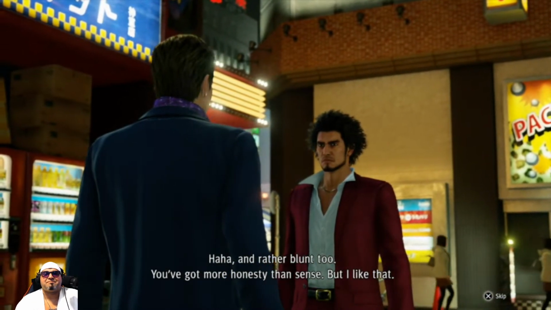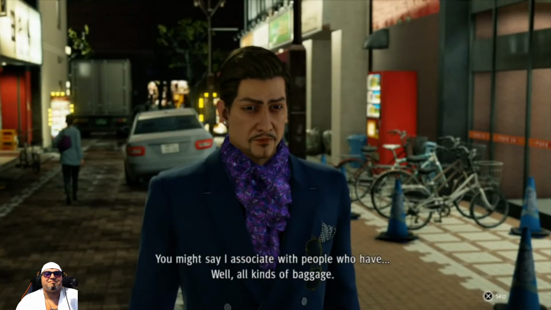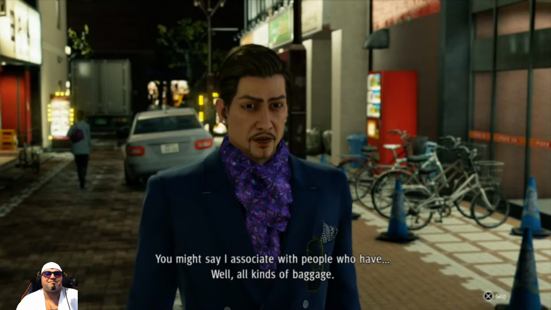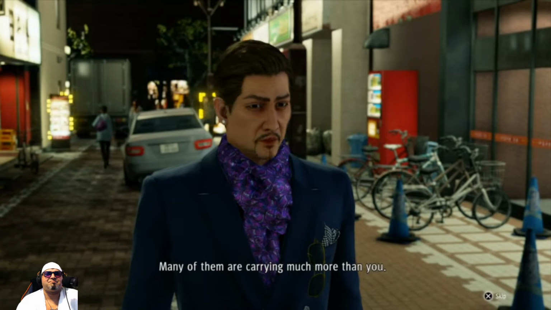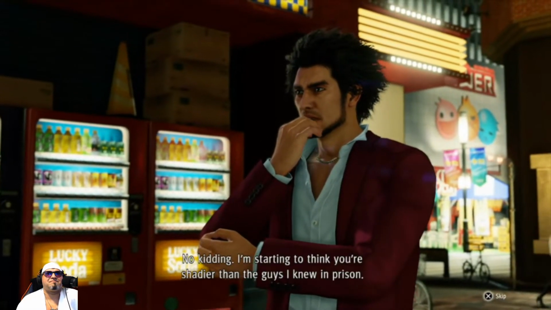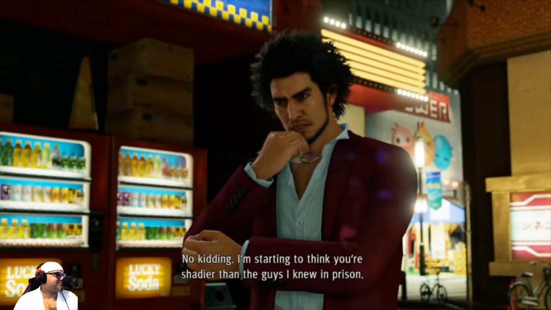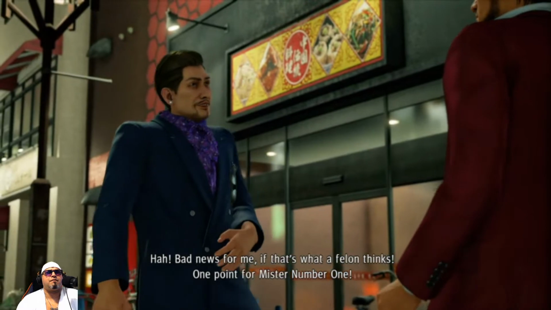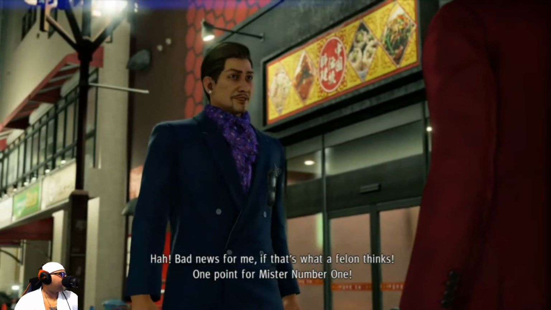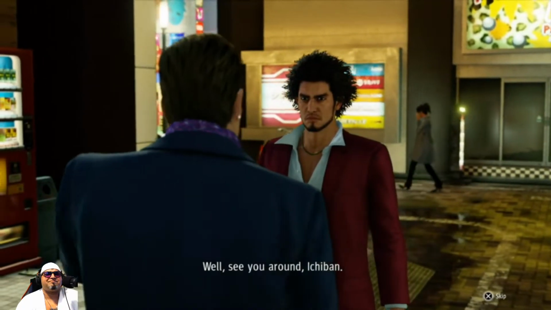But I like that. Oh, yeah? You might say I associate with people who have, well, all kinds of baggage. Many of them are carrying much more than you. No kidding. I'm starting to think you're shadier than the guys I knew in prison. Touché. Bad news for me if that's what a felon thinks. One point for Mr. Number One. Guess so. See you around, Ichiban.